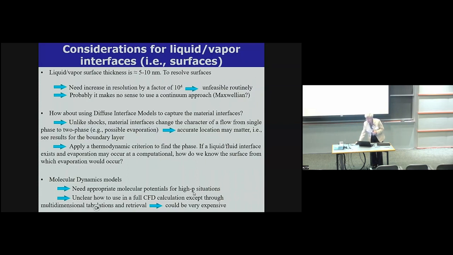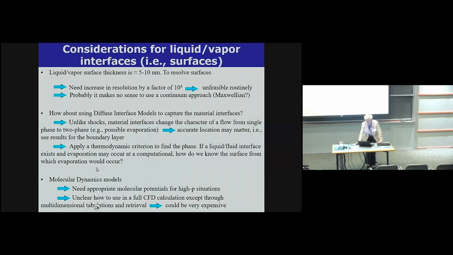But suppose that we actually find that there is, at a point in our system and our database, a thermodynamic change. Well, in order to have evaporation, we need a surface. How do we define a surface? And I don't know that, okay? I'm just throwing that out as a question.